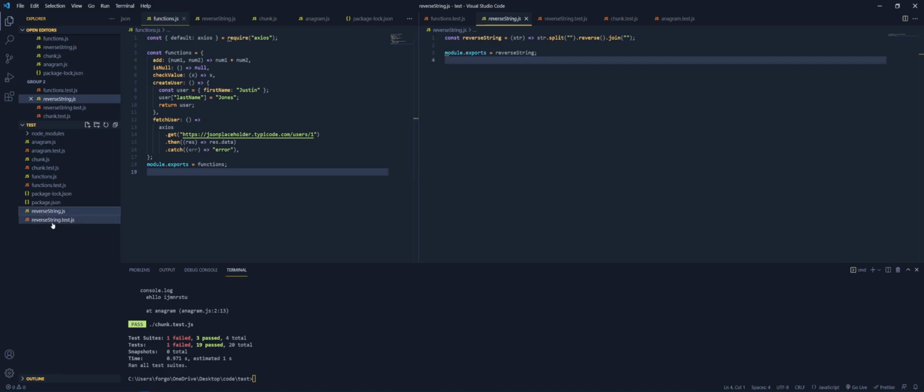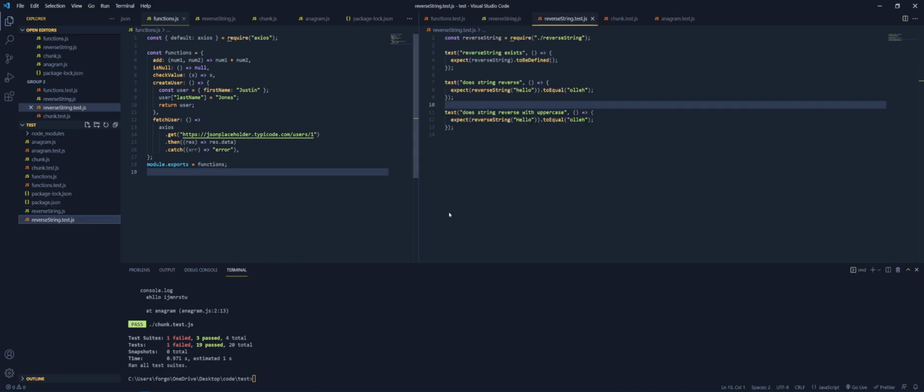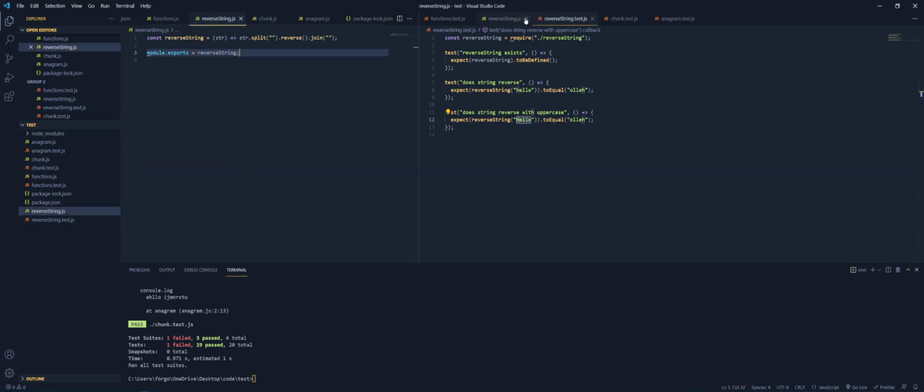It's this reverse string.test suite. It's because in here we reverse everything and everything reverses, but the H does not match because it will still be a capital H, because our function here in reverse string